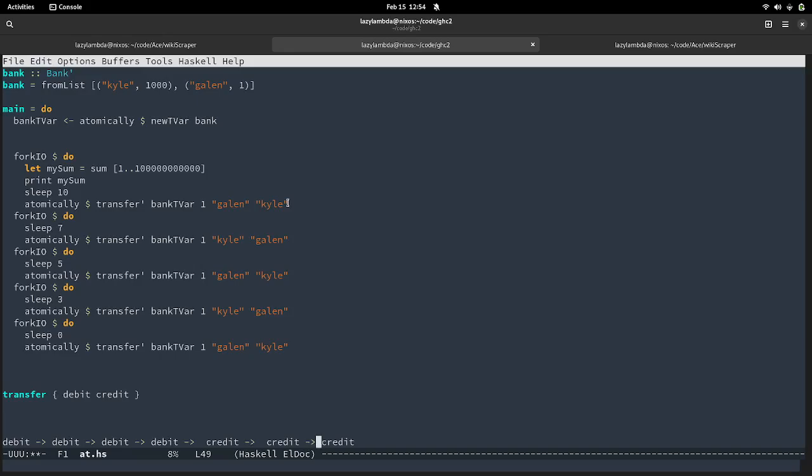So say I'm the one sending money, and someone else is trying to take money from me, right? If I've not received the money yet, and someone else tries to send that money to me, then I'm not going to have it.